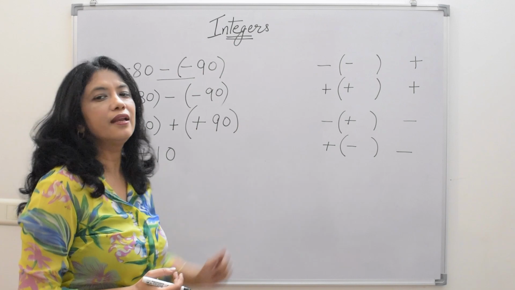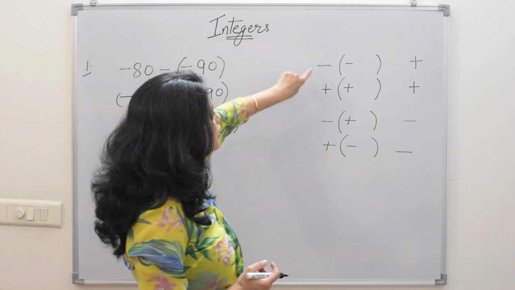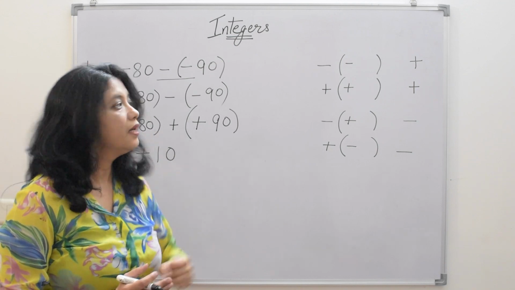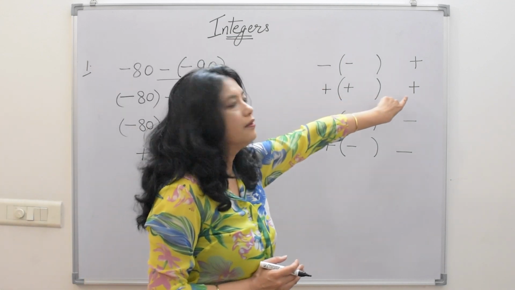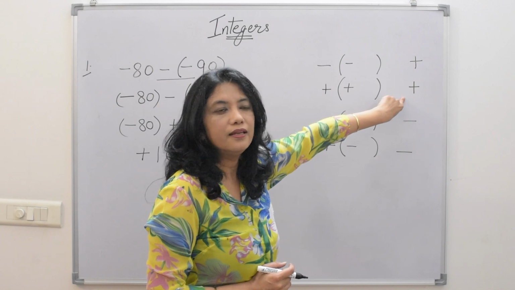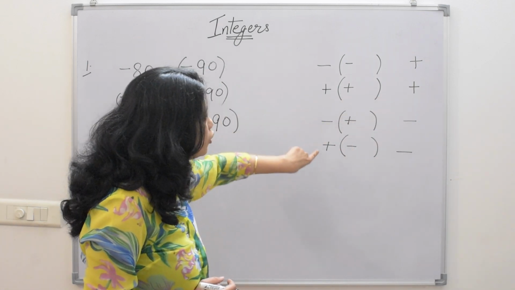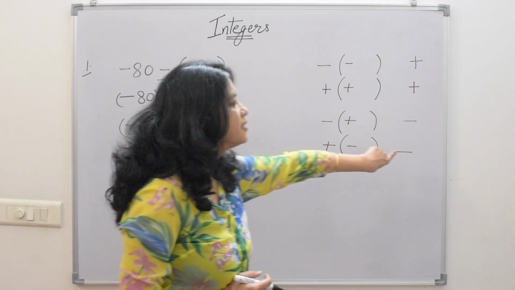See, this is related to multiplication, which we will do in our next class. But at present, we can remember this: whenever both signs which are separated by a bracket are the same, instead of these two signs we will put an addition sign. When both the signs are different, we will put a subtraction sign.